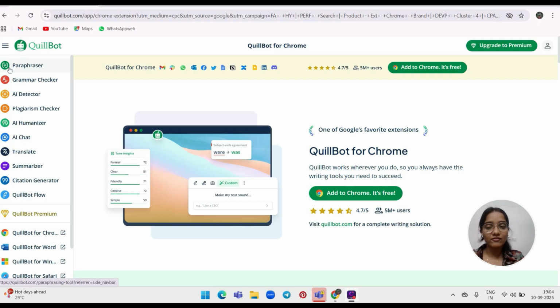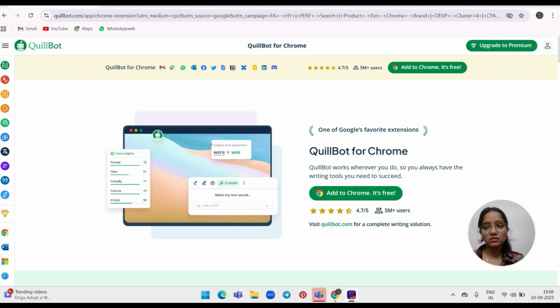So I have limited access to the app, but the things that are available for free are enough for you to practice and correct your sentences. There's no need to go for the paid version. But if you are interested and want to take it a step further, then you can go for the paid version.